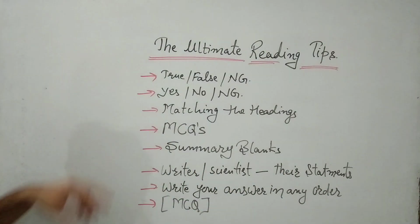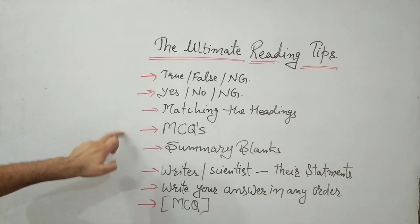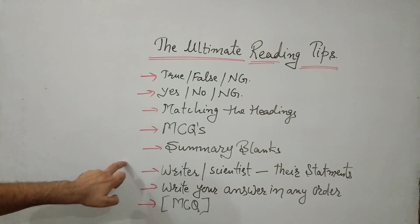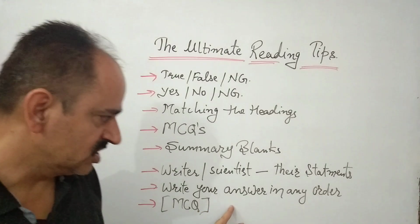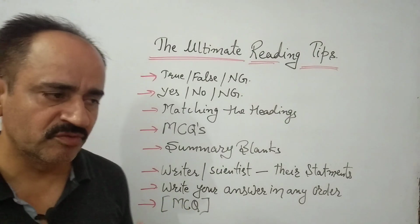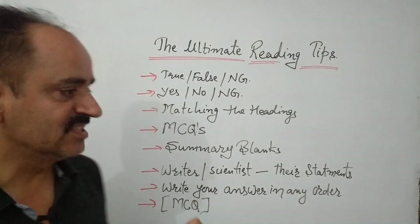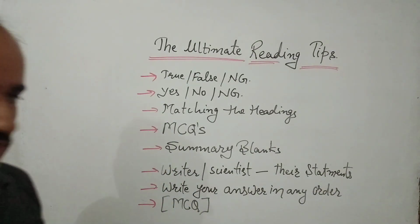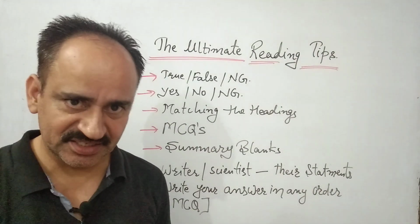The tips are related to true, false, not given, or yes, no, not given type questions, matching the headings, MCQs, summary blanks, and a writer or scientist and their statements, which we have to match with the name of the writer, what any particular writer or scientist or philosopher said. Then there are questions in which we have to answer in any order, and there is also one type of question in which you have to tell which paragraph contains the following statement. So I am going to tell you the shortcuts, or various hacks,